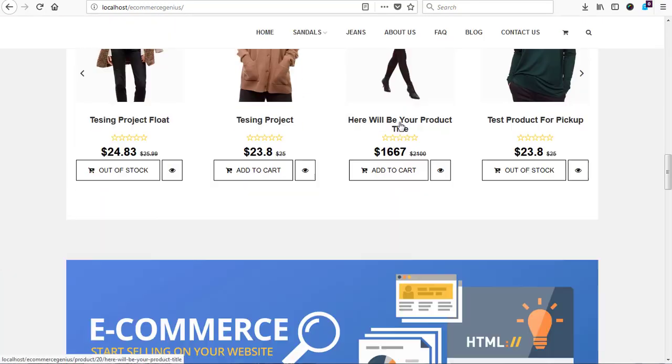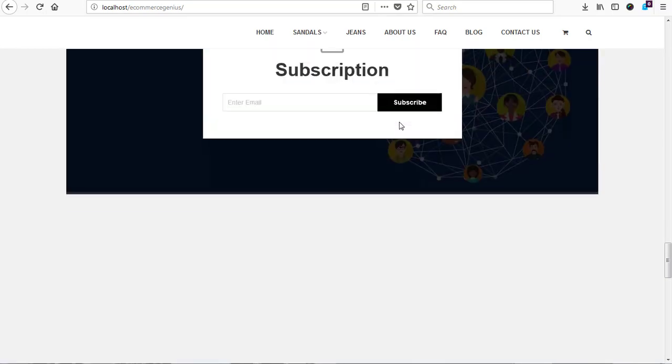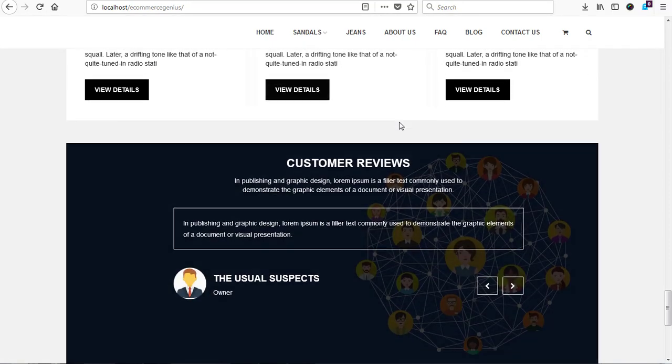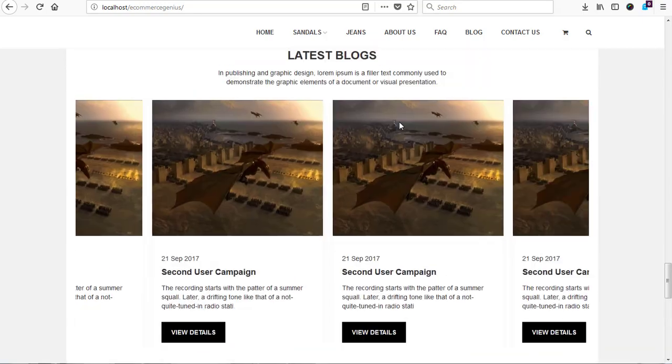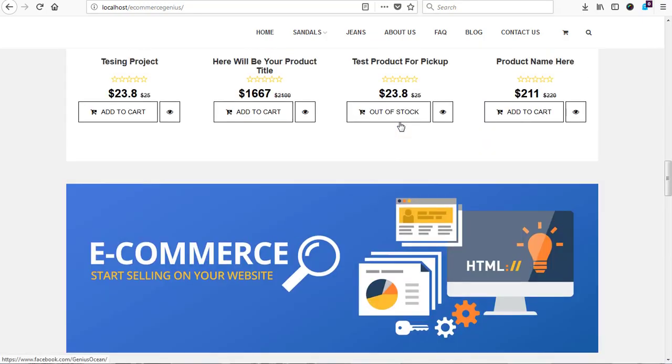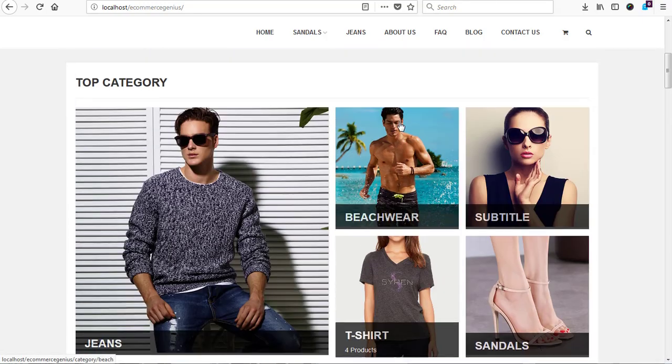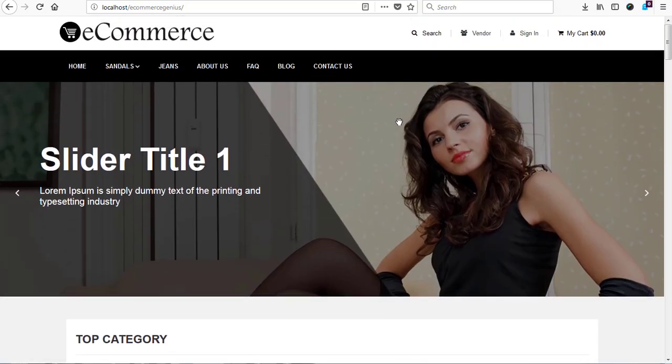So you can have a look at it. A very nice template for you to start your e-commerce website, or if you have a project for an e-commerce website, you can use this template to earn a few dollars for yourself. It's very easy to customize, because if you go to the admin panel, there's a portion where you can select your primary and secondary colors, and then the rest of the colors you can modify